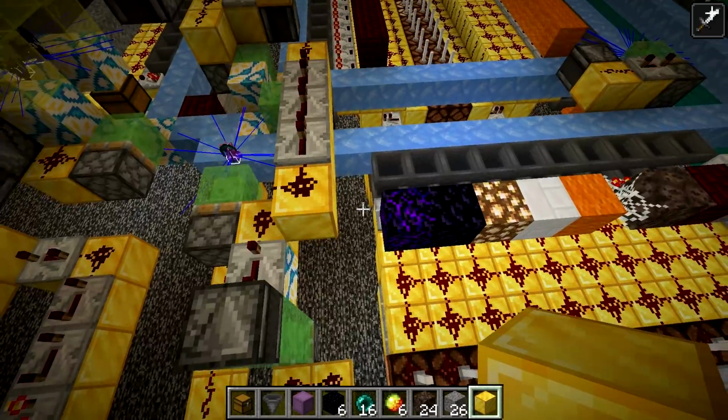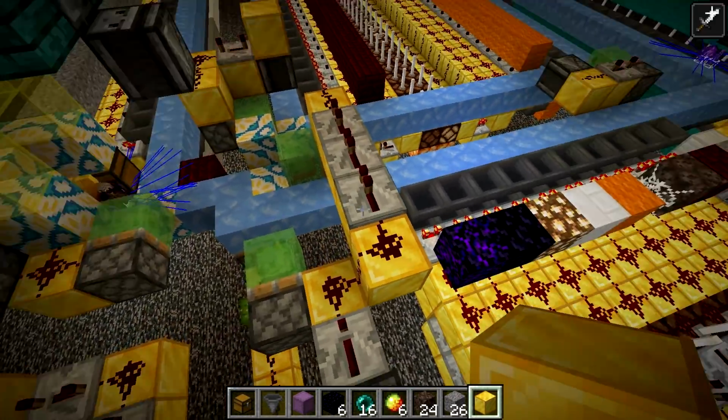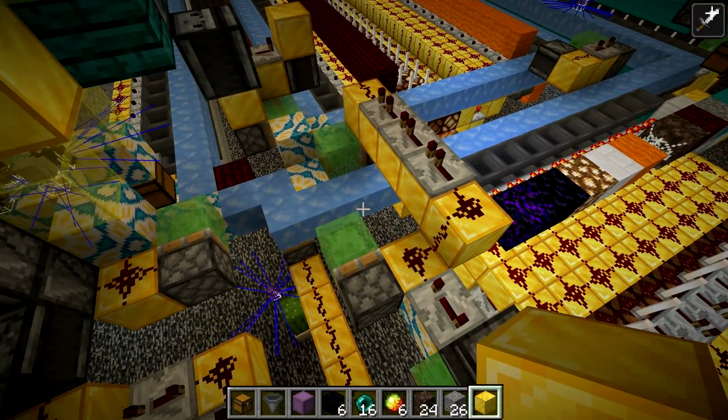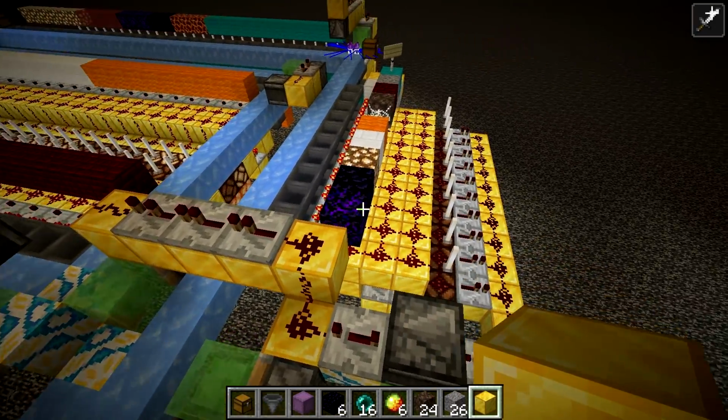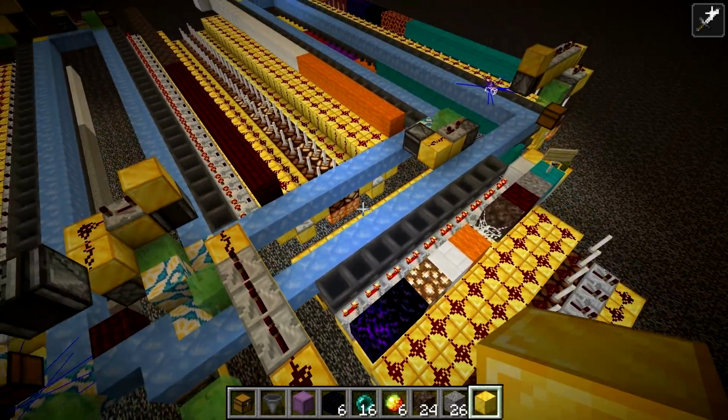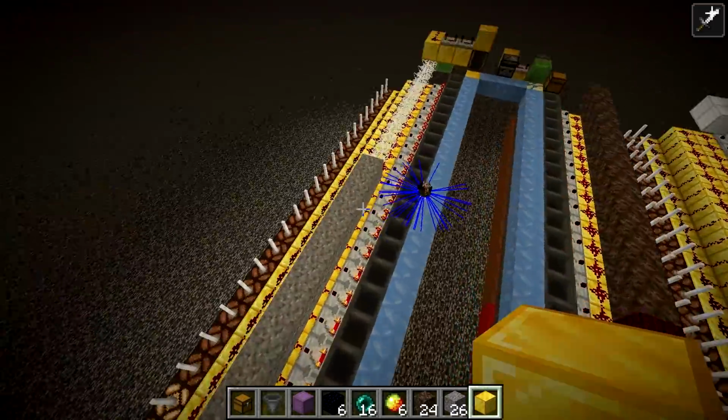Obviously, if we just disable the overflow, we can get rid of all of the system over here and just drop all that's left on the cactus. But I assume the reason you want to trade the piglins is to get these valuable resources and not to trash them. In terms of the number of sorters for each item, that actually took quite some time to figure out